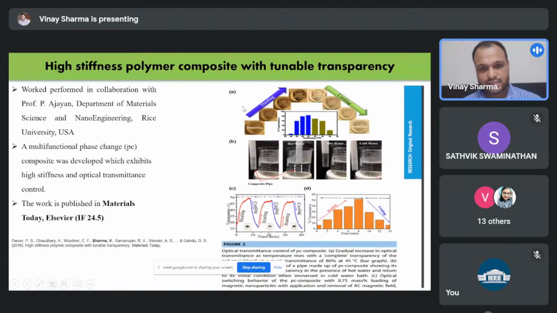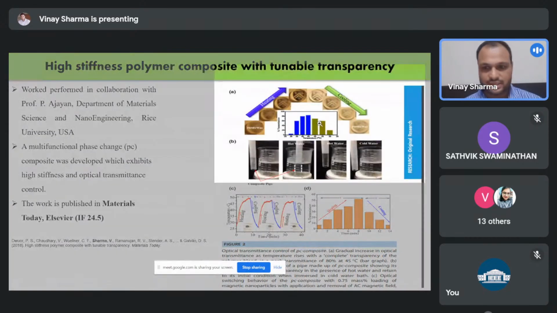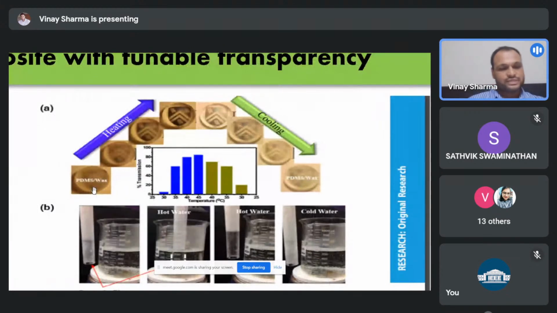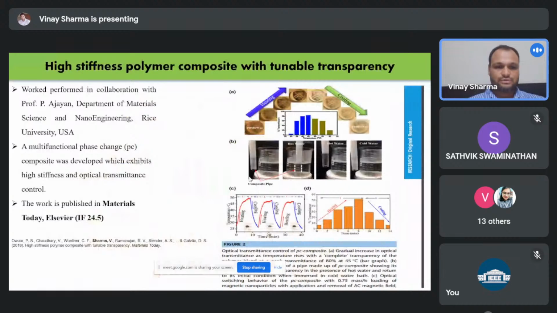Just an example here in A, you see this is very translucent, opaque. You can't see anything. When you heat it up, it becomes transparent. This is the logo of Rice University. Then it becomes transparent, and when it cools down, it becomes translucent. So what is happening here? This is one very good piece of work that I did with Rice University with Professor Ajayan. He is a very famous professor of nanotechnologies, and we published this work in a very high impact factor journal,